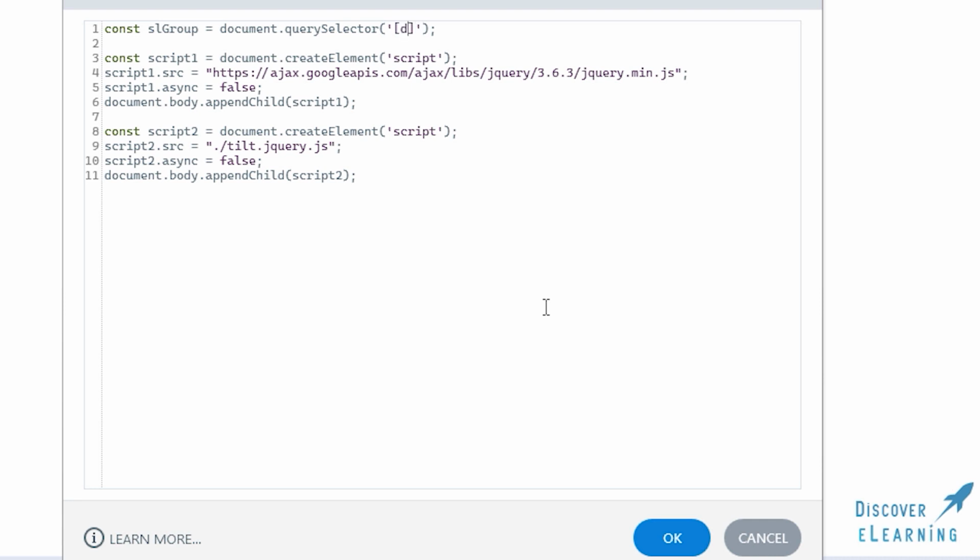So we achieve this using a data-acc-text value assignment within square brackets like so. But here's where we encounter our first problem, which is to do with the way that tilt.js actually works, as